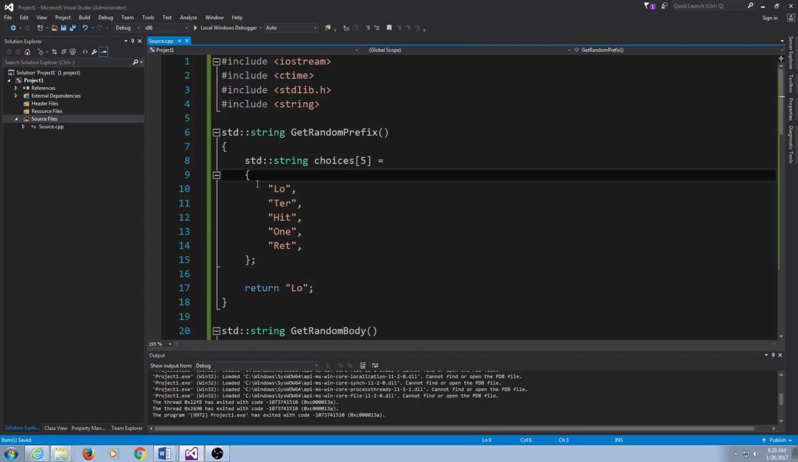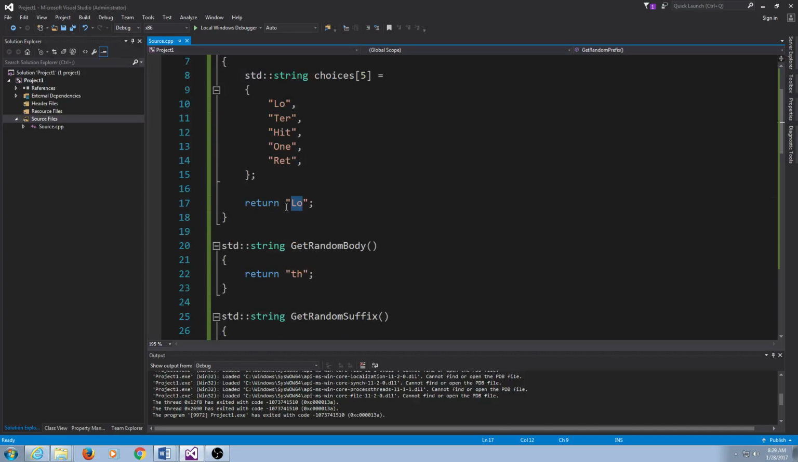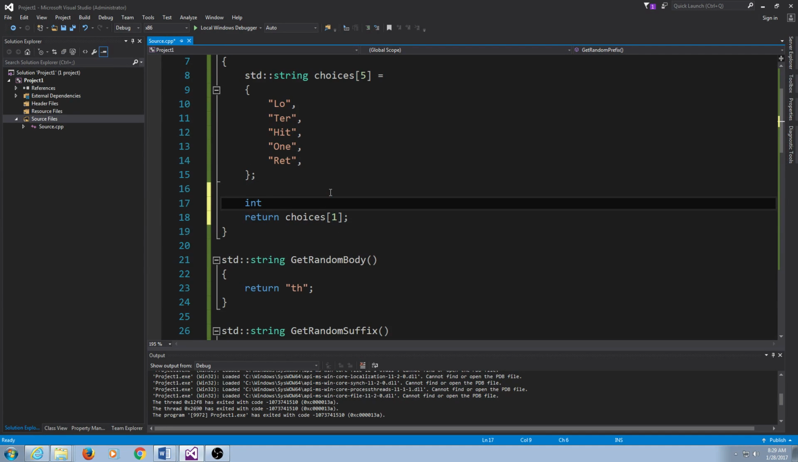I have my array of random choices. This is just a way to initialize the array, one for each. And then what I can do is I can pick a random element from within this array. So I can get roll dice. I can return choices. Now, I can return choices anywhere here, but instead of picking like an index here, what I can do is